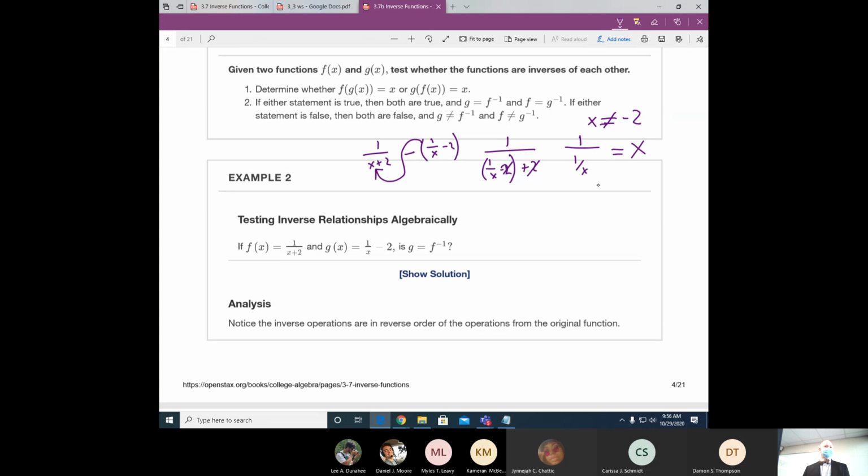So yes, they are. Let's do the other way. Let's do 1 over x minus 2 and feed into that x the 1 over x plus 2 for x. That becomes that. So I get 1 over x plus 2